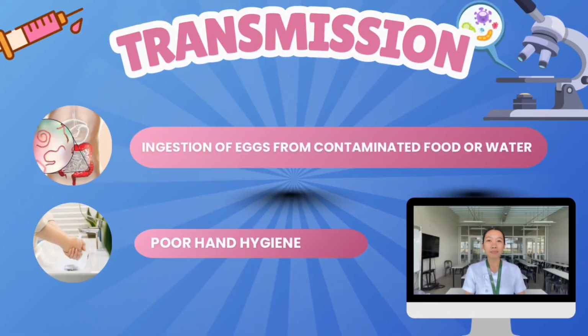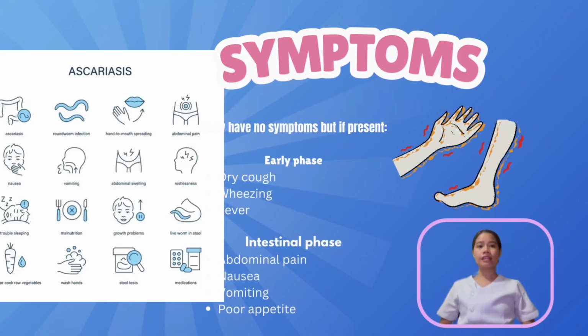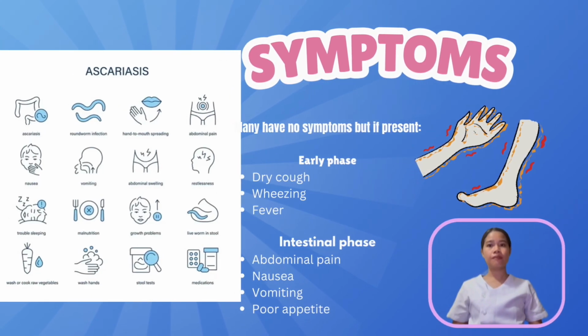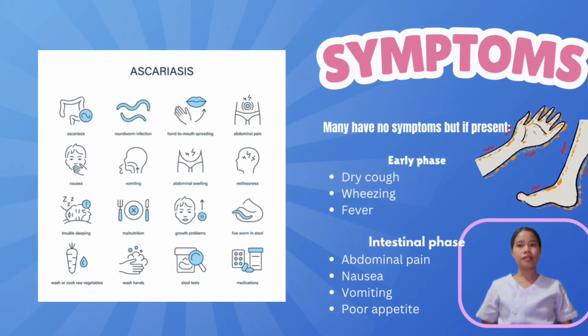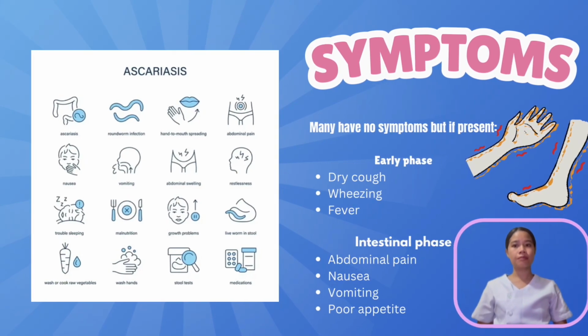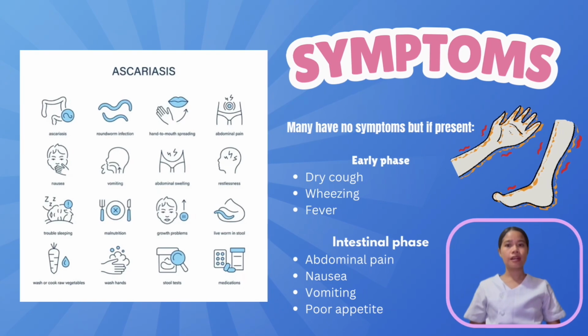Ascariasis is transmitted by ingestion of infective eggs found in contaminated soil, food, or water. Poor hand hygiene and consumption of unwashed vegetables are common sources. Once swallowed, the eggs hatch inside the body and mature into adult worms. Ascariasis symptoms: many people have no symptoms, but if present, dry cough, wheezing, fever, and in the intestinal phase, abdominal pain, nausea, vomiting,